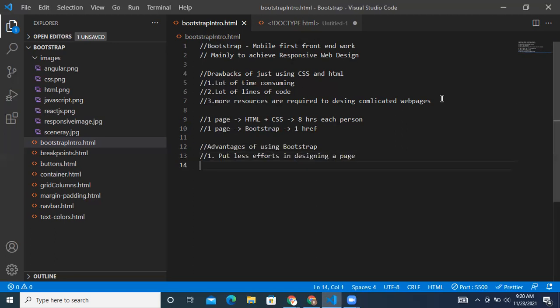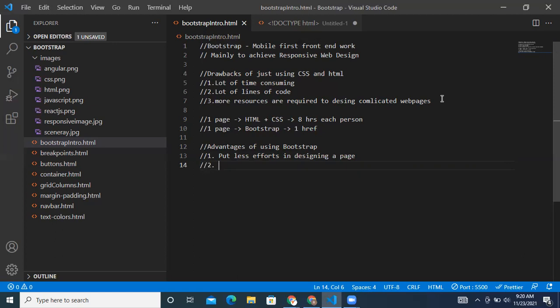More than designing, which is completely taken care of by Bootstrap. But once you add functionality to the page, then only the application becomes more efficient. So that way you can spend more time on functionality here. You will get some time from designing for functionality, so you can put more effort on functionality. Okay, so that way it will increase the efficiency of the page.